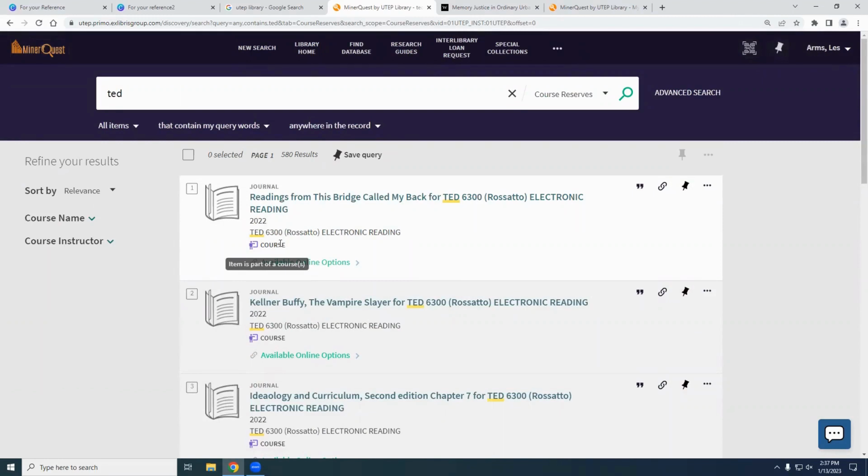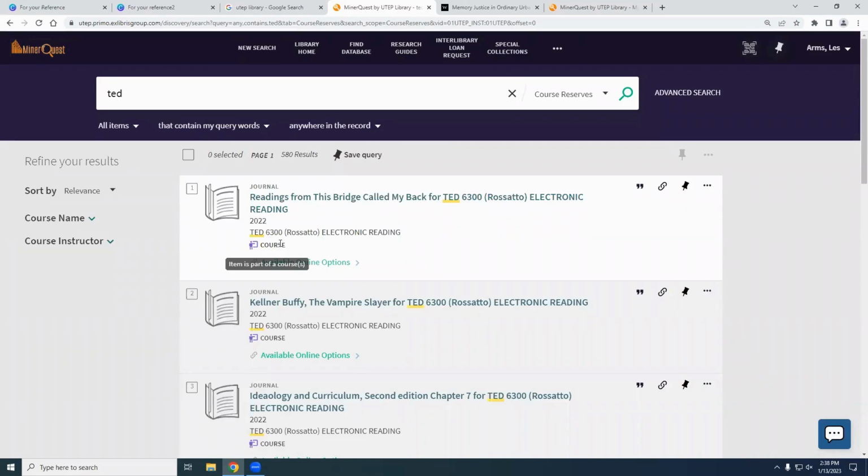If I may, for course reserves too, folks, I think it's really important that you ask your professors if they have course reserves set up for you. I can tell you from experience, I got a master's in history from UTEP, and now having worked here, I found all of the books that I read for one class on the course reserve shelf, which I did not know about until I started working here like 6 years later. Thinking about all of the money that I spent buying those books on the Mexican Revolution really bums me out, because they could have just borrowed them. So definitely ask your professor if they have course reserves.